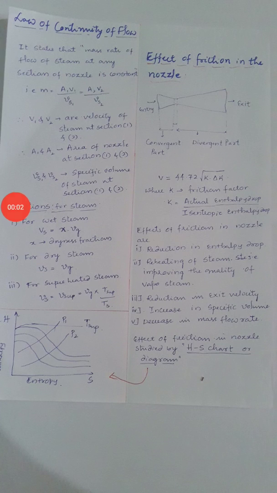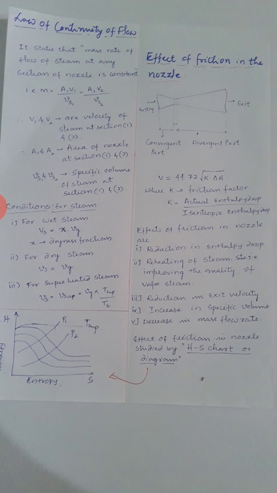Okay friends, the next part in steam nozzle is the law of continuity of flow. The law of continuity equation, which is very important in thermal engineering, is associated with fluid flow. It states that the mass flow rate of steam at any section of the nozzle remains constant. It means wherever the part of the steam nozzle, convergent, divergent or throat section, the mass flow rate remains the same. So this is given by the famous equation, m equal to a1 v1 divided by vs1 equal to